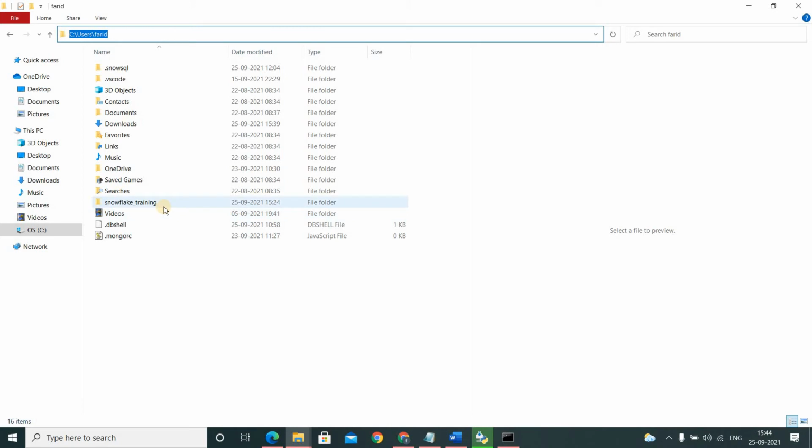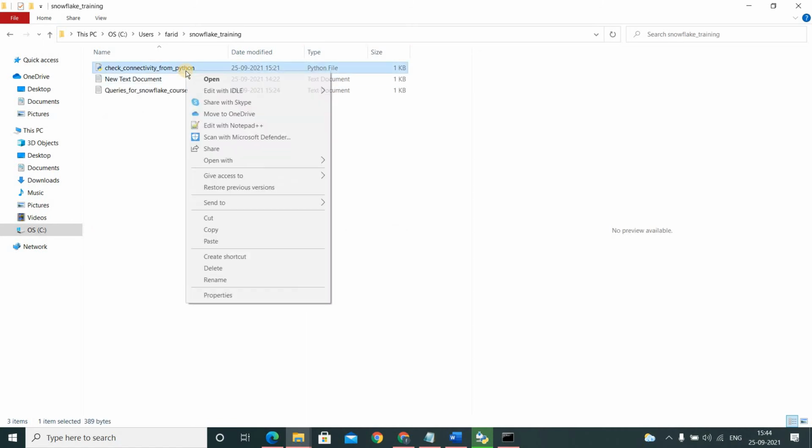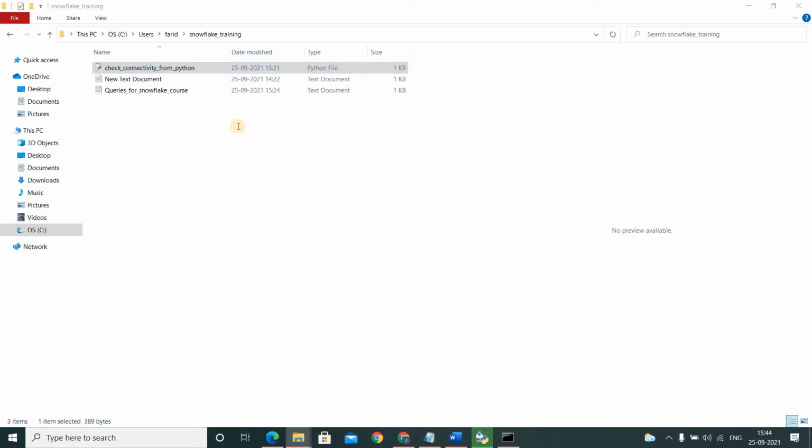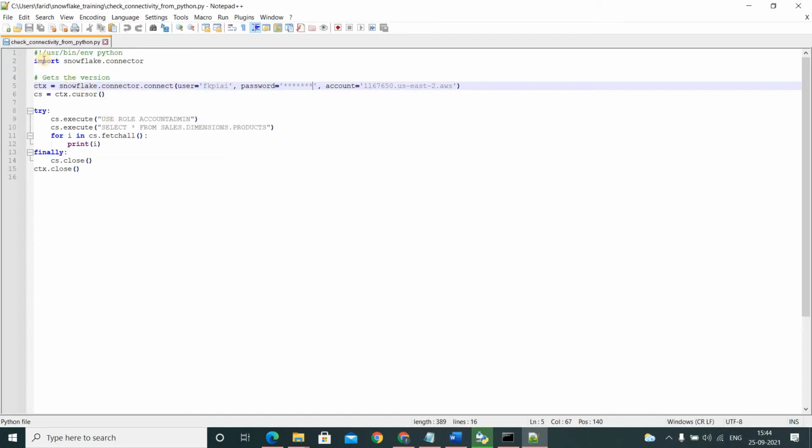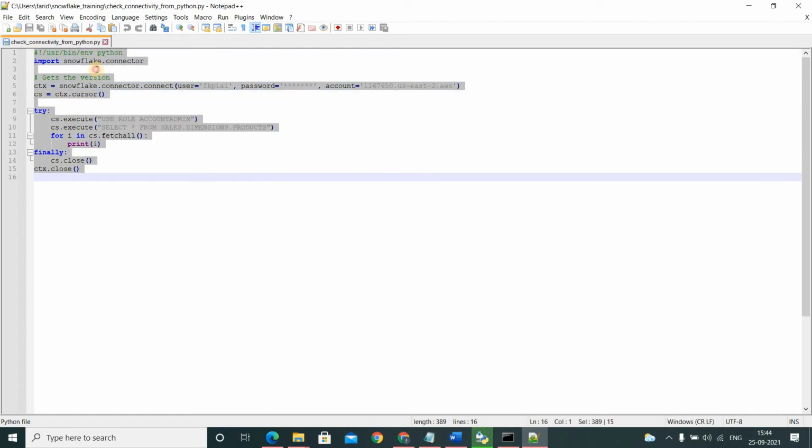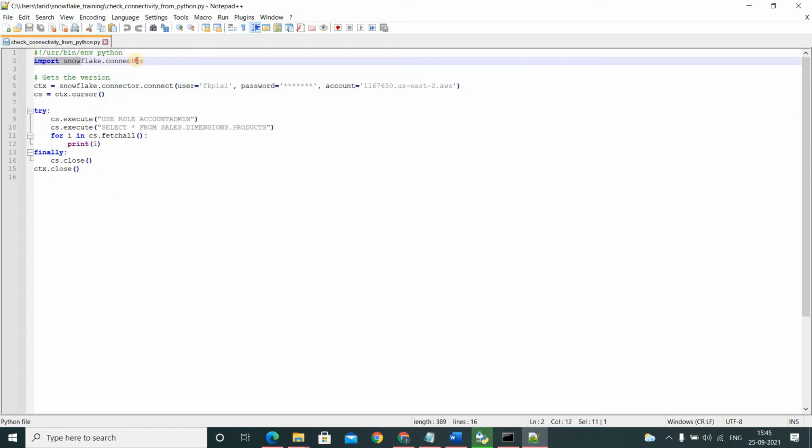To execute Snowflake queries from Python, let's create a Python script with similar syntax. I'm showing a sample Python program here. We need to say import snowflake.connector.